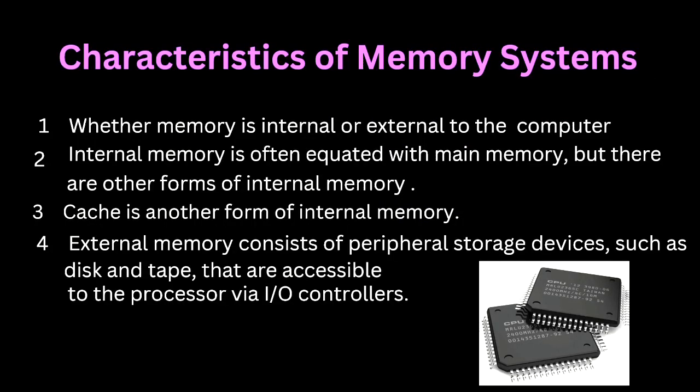Now moving on to the characteristics of hierarchical memory systems. The hierarchy design of memory is divided into two types. Firstly, external memory consisting of magnetic tape, optical disk and magnetic disk. Secondly, internal memory consisting of CPU registers, cache memory and main memory. Some other characteristics are firstly, capacity. It refers to the total volume of data that a system's memory can store.